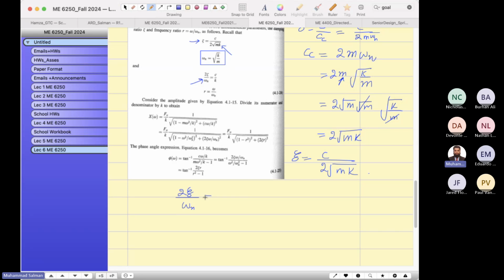So I can write it like this, 2 zeta, correct? I replace zeta by this formula, and now I'm writing omega n. What is omega n? Square root k over m. So this m is cancelled, this 2 is cancelled by this. So c over